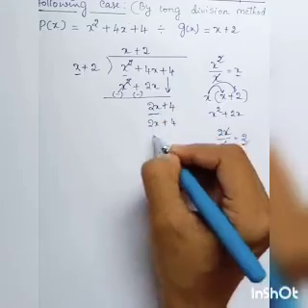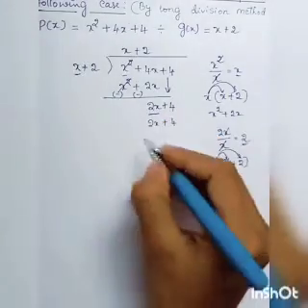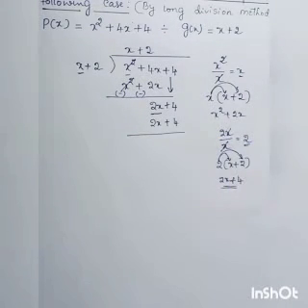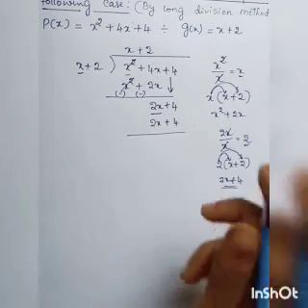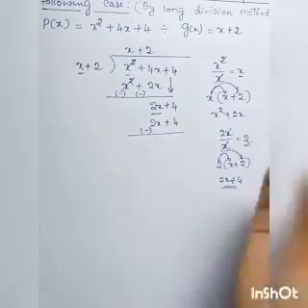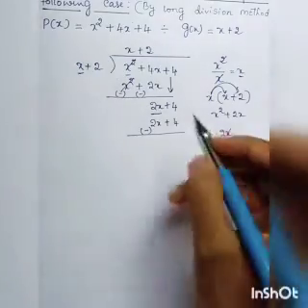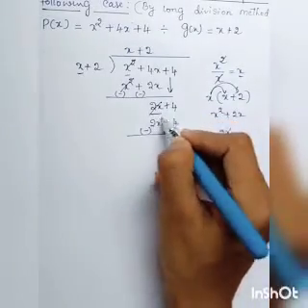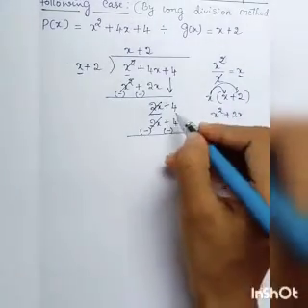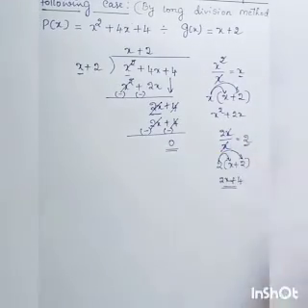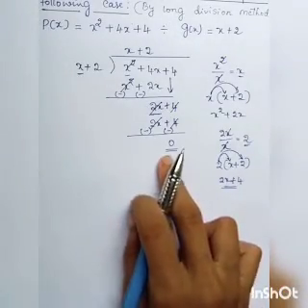Under the dividend you have to write whatever answer you have got. After that, you have to change the sign, students. You have to remember that. Here plus 2x is there, so you change its sign. Plus 2x becomes minus 2x. In the same way, plus 4 becomes minus 4. Plus 2x and minus 2x get cancelled. In the same way, plus 4 and minus 4 get cancelled. What is remaining? The remainder is 0.